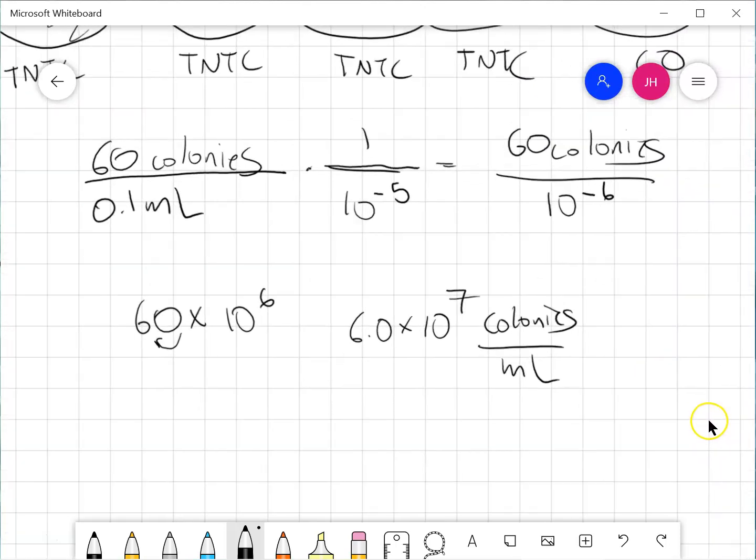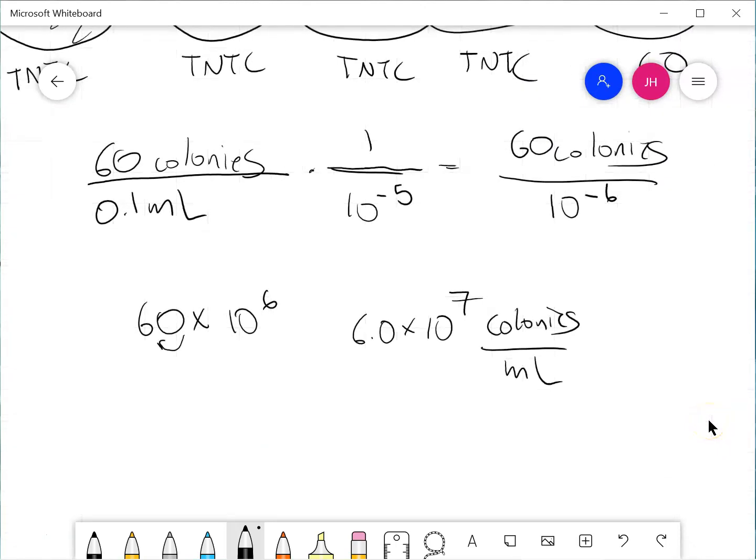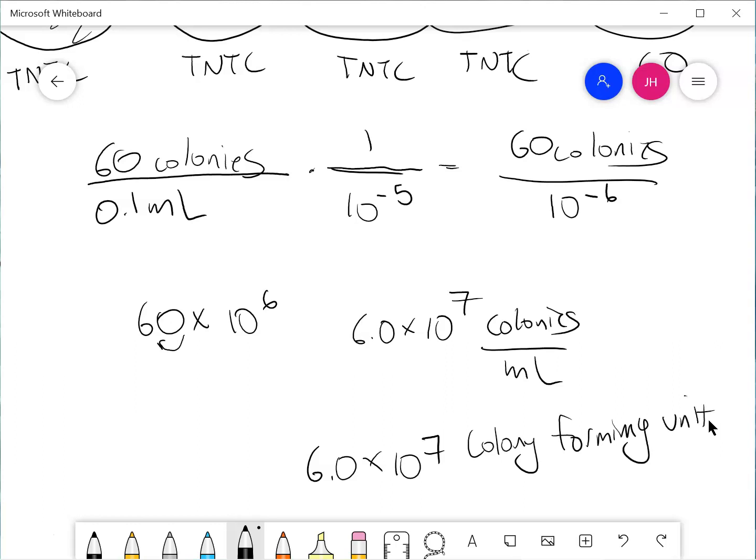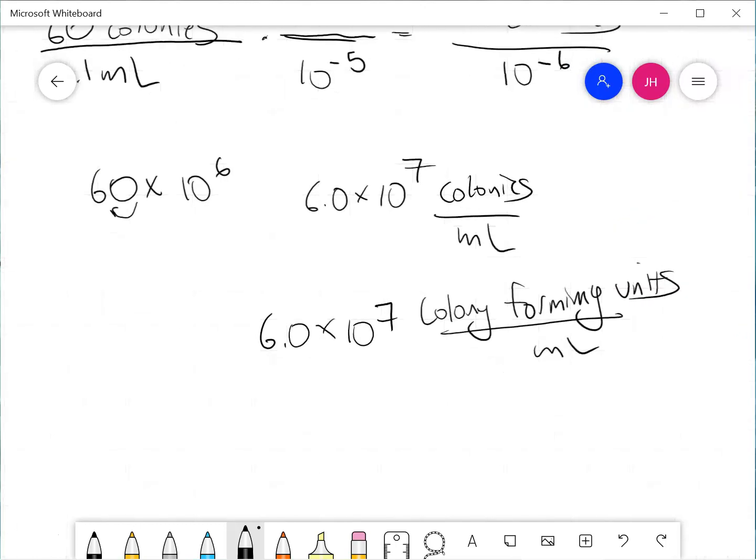And so actually what we say, because this is silly, there aren't any colonies, what we say instead is 6.0 times 10 to the 7th colony forming units per milliliter. That's the actual unit you would see in a publication. That's what we use. And so we shorten this to 6.0 times 10 to the 7th CFU per milliliter,